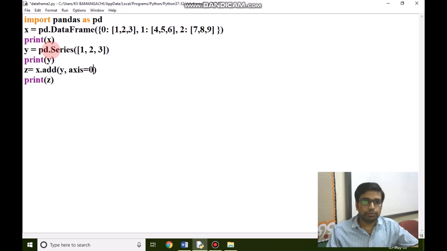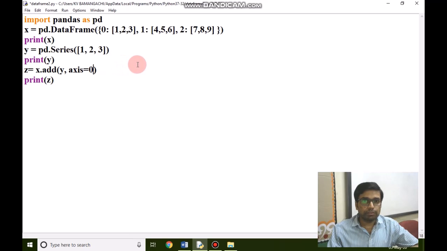After that, we have taken a series with numbers 1, 2, 3, which is a list converted into a series. We have printed the series, then z equal to x.add(y, axis=0). The meaning of this line is that we have added to the data frame a series with the given axis.